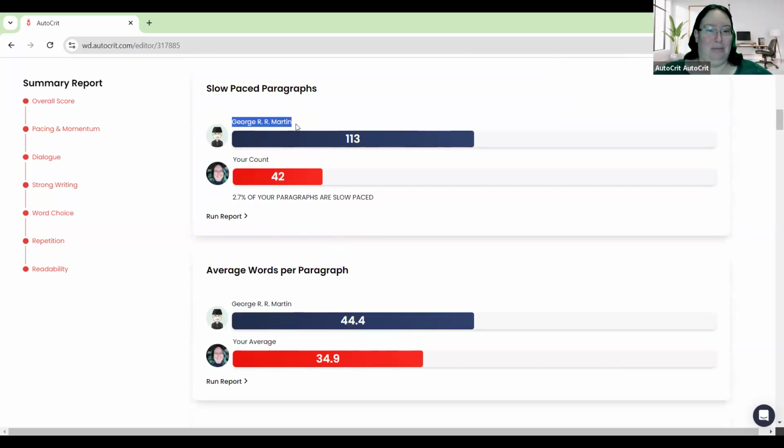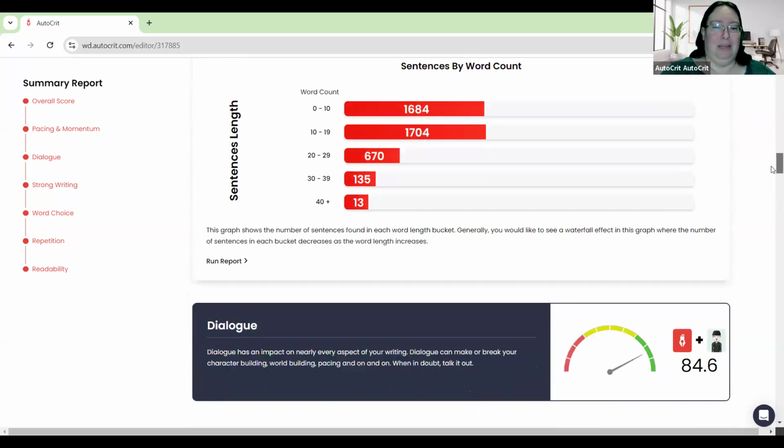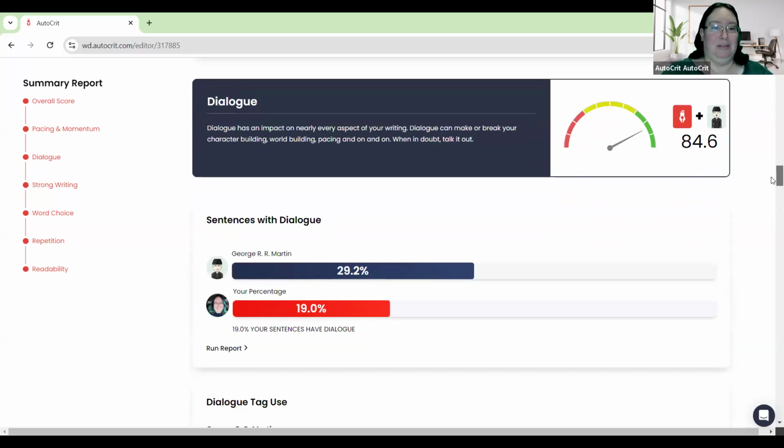Martin in a book this size would have had 113 slow-paced paragraphs, and I only have 42. Sanderson would have way lower slow-paced paragraphs. How many words you'd see per paragraph. And we could get down in the weeds here, but we're not going to for the sake of the call